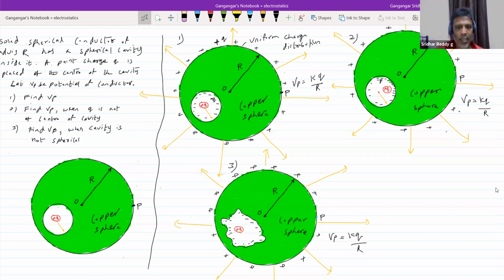This will be really troublesome because we don't have any firm formula here. The basic concepts are what we are applying here. Shall I proceed? So the position of the point charge inside the cavity, the shape of the cavity, will not have any influence on the distribution of charge on the outer surface. Long back in the beginning only we made that clear, no? That only I'm applying here. And how is the outer